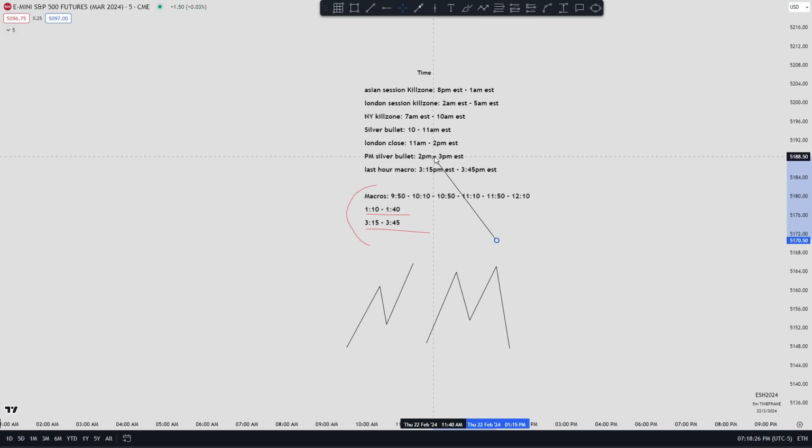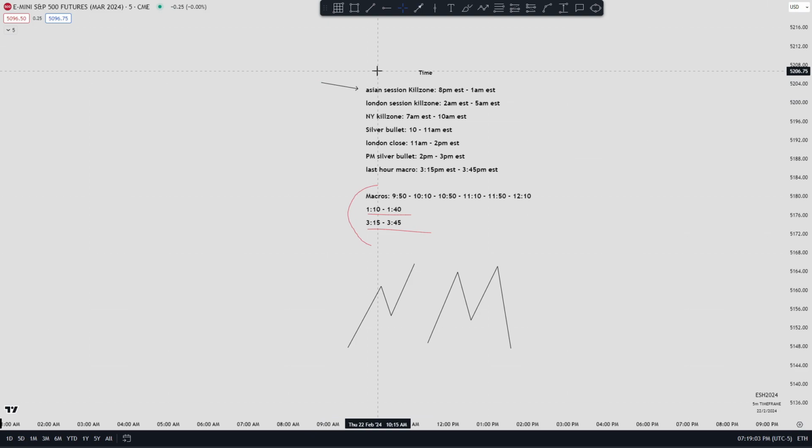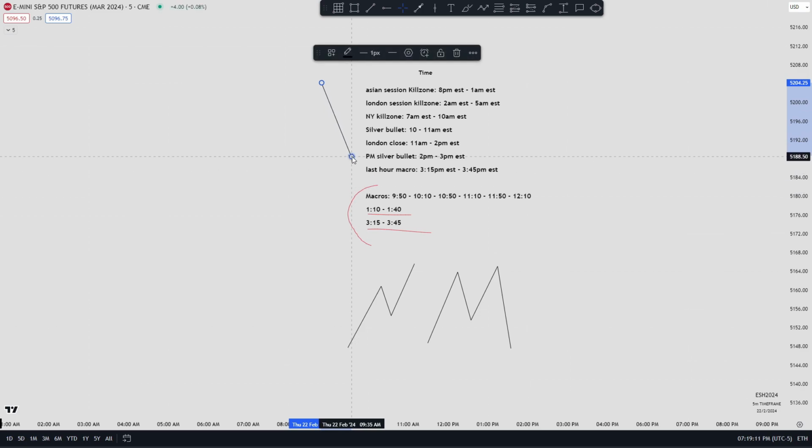So let's say you're trading the PM session, from 1 o'clock until 4 o'clock. These are the PM session macros. If you're trading from 1 p.m. to 4 p.m., these would be your rush hour times where a heavy influx of volume comes into the marketplace. So that's how we can look at the marketplace from a kill zone perspective, and then eventually a macro perspective. And then we have our silver bullets.